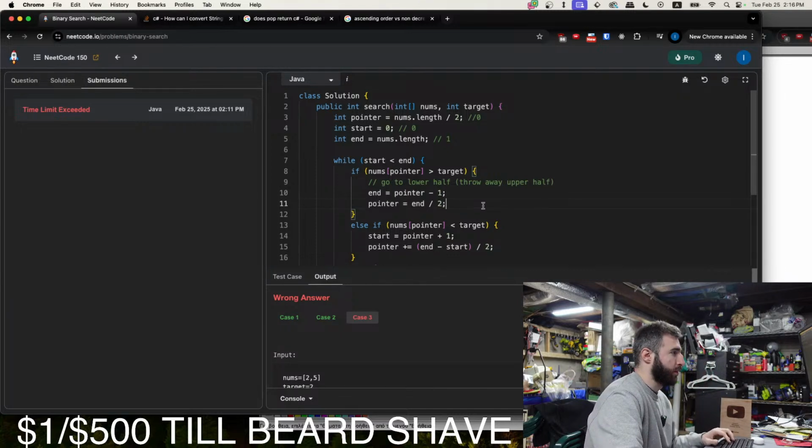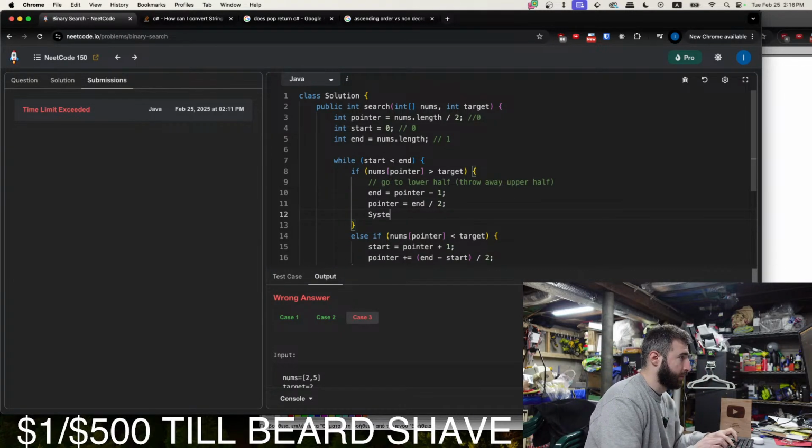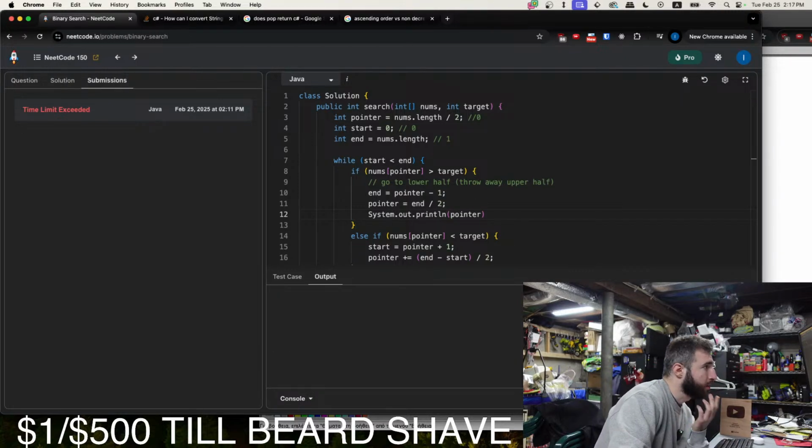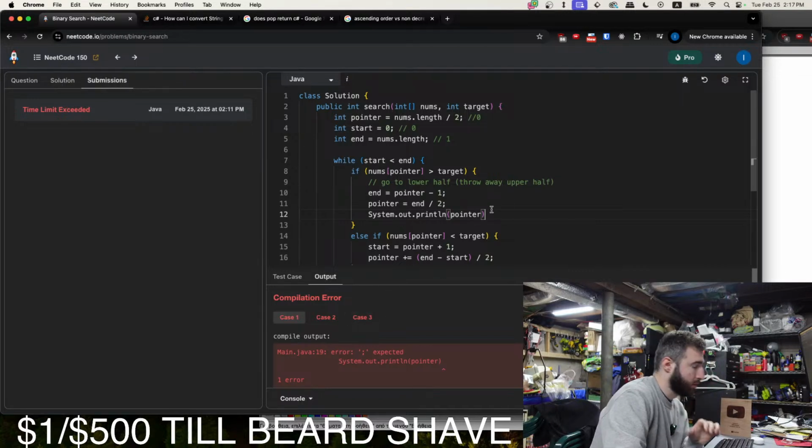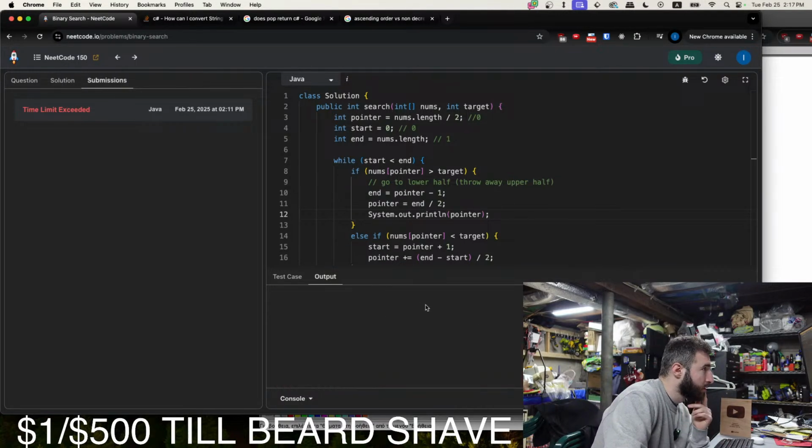Let's print pointer here. System.out.println pointer. What is pointer? This should be 0. It is 0.